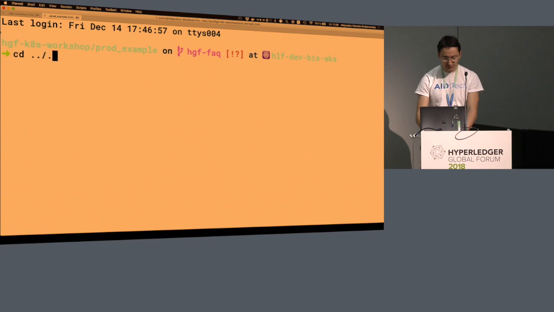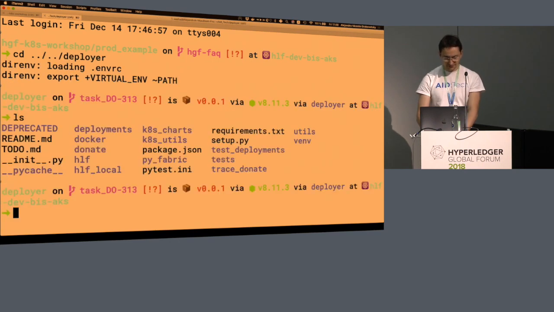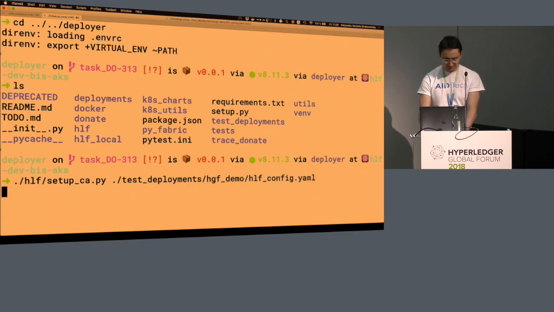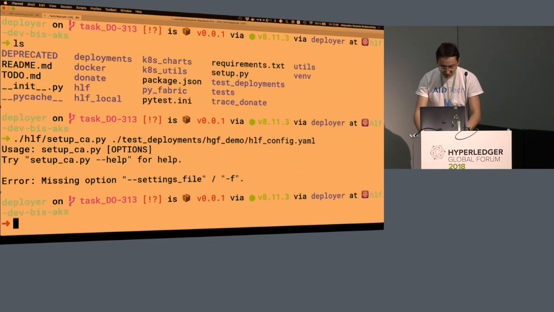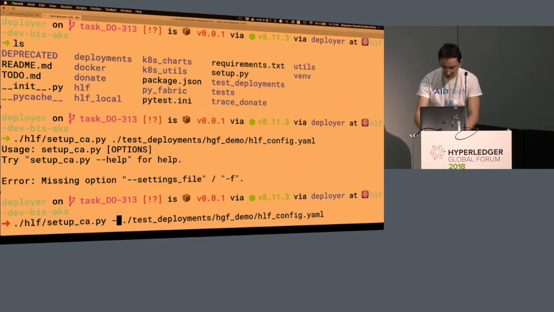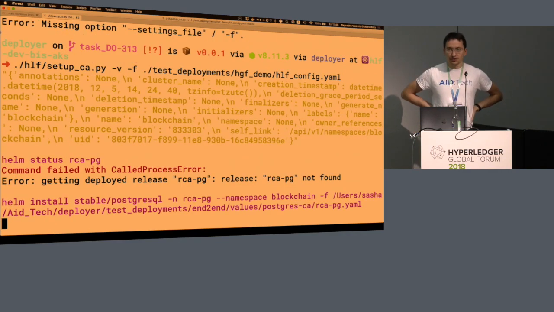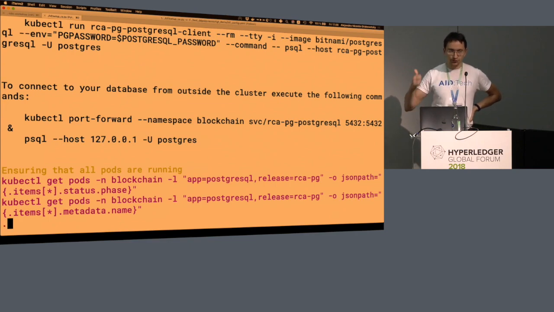It's cd deployer. Okay, HLF setup c.py, and we're going to do test deployments. We're going to go HLF demo, HLF config, and we're going to run. Whoops, I need to run it with -f. We'll put it on verbose so that it complains. So it's going to install 3 certificate authorities. We're going to run one certificate authority that's going to be the root, and then from this root certificate authority, we're going to deploy 2 certificate authorities, each of which is going to be a